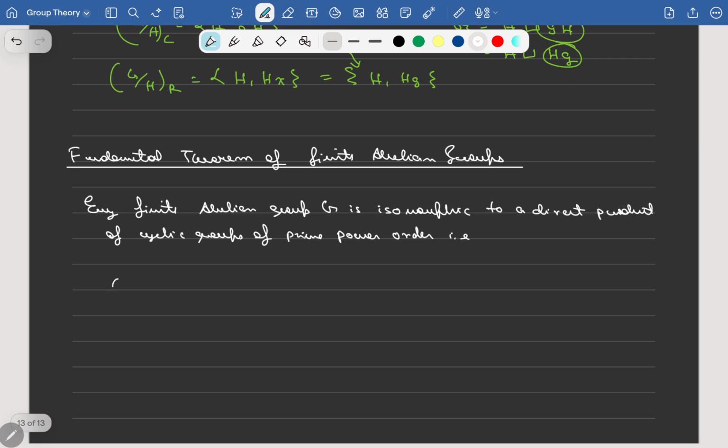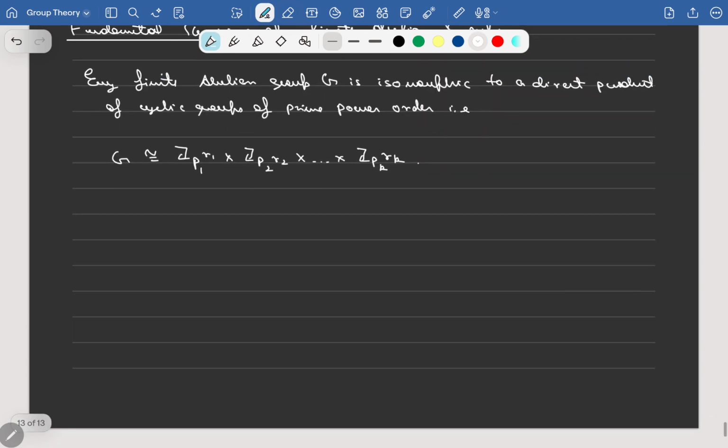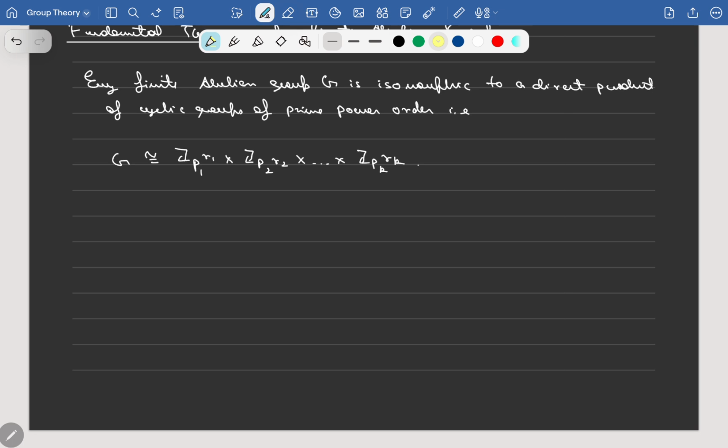That is, G is isomorphic to groups of the form, say, Z_{P1^R1} cross Z_{P2^R2}, so on and so forth till Z_{Pk^Rk}, where each of these Pi's are primes. And the important takeaway from here is the following,